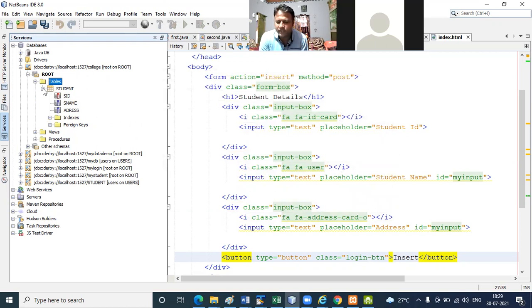So next work is what? I have to create a connection to my user interface.